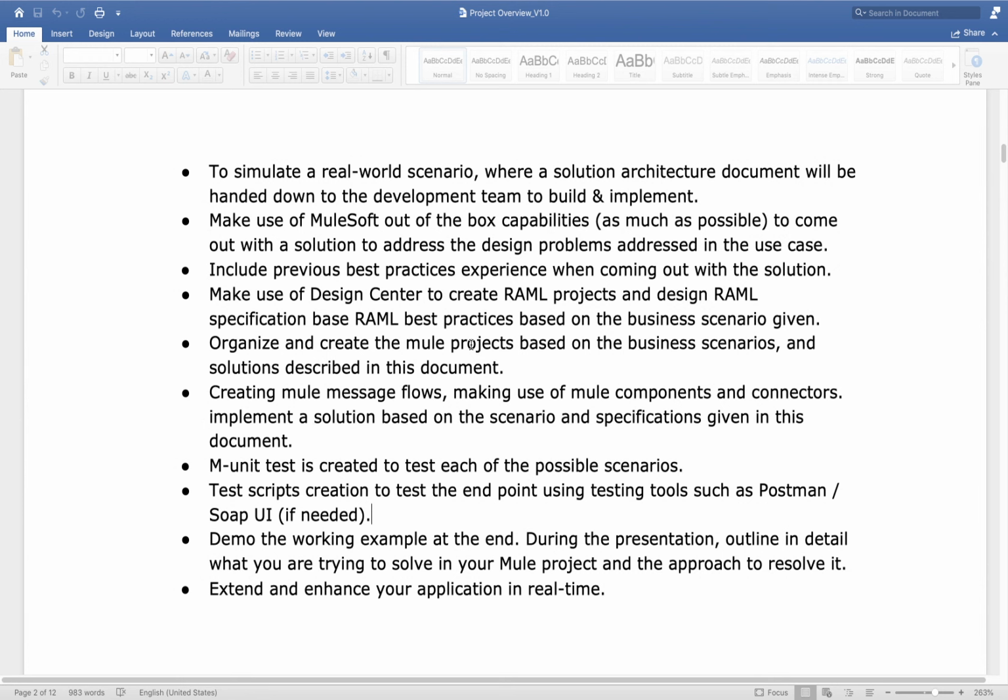But if you put 30% focus on the success scenario, then 70% focus should be on the error scenario also. If something goes wrong, how are you handling that particular scenario?